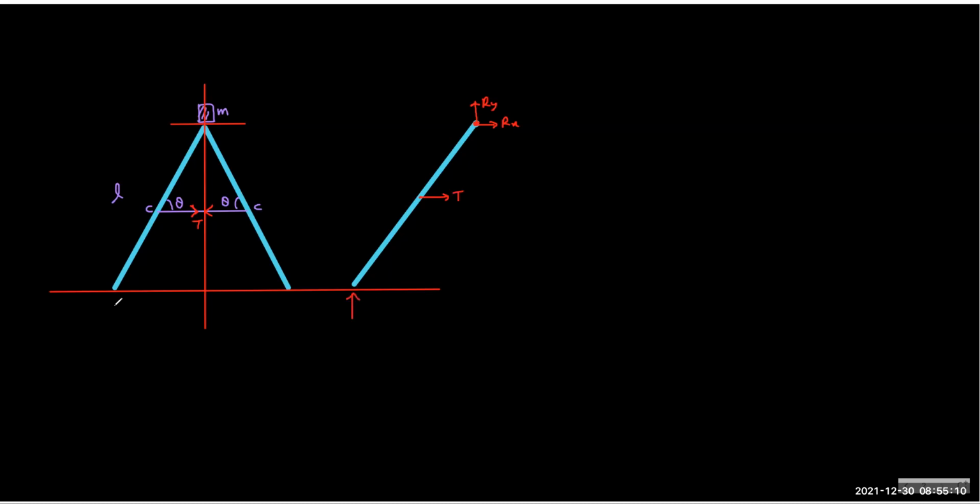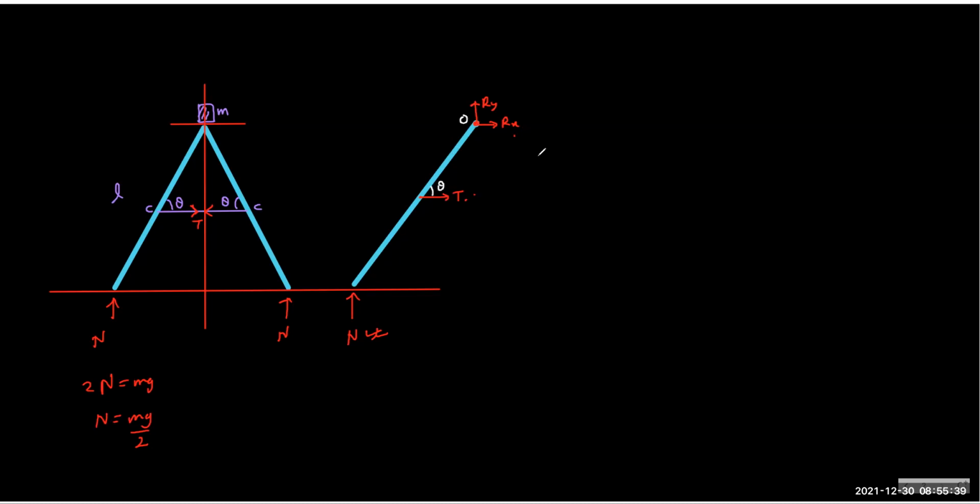Now, if you draw the normal here, this normal will definitely balance the mg. So in a way, the normal is known to us. It's a known value. This is the unknown value. This is the unknown value. So I can remove the one unknown by taking the hinge here as a point of interest, and then we